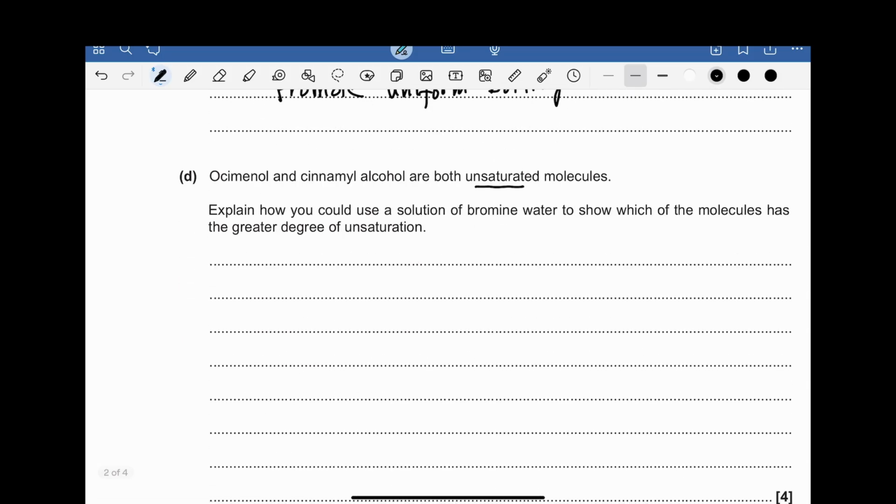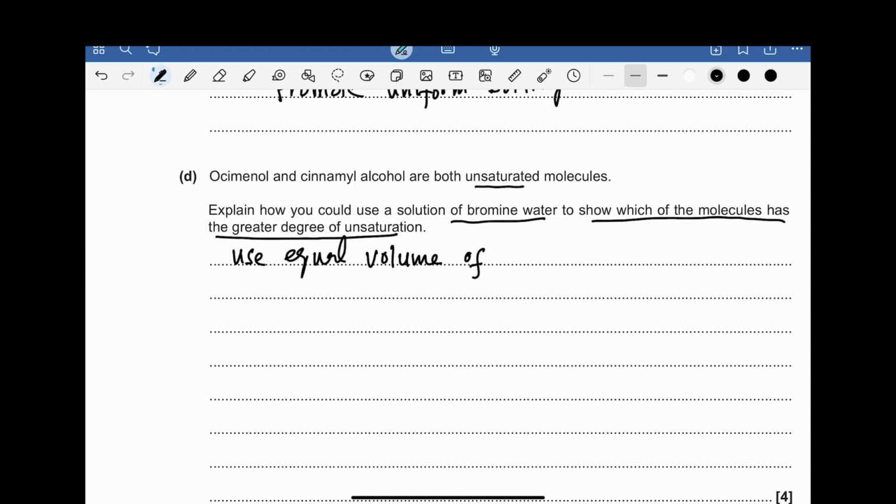Explain how you could use a solution of bromine water to show which of the molecules has the greater degree of unsaturation. So they both will react with bromine water. So we can take equal volume,